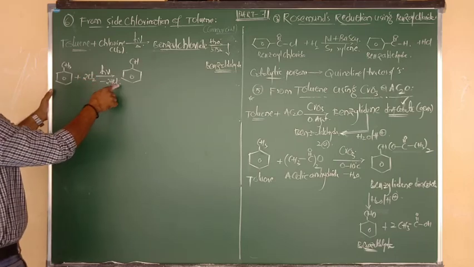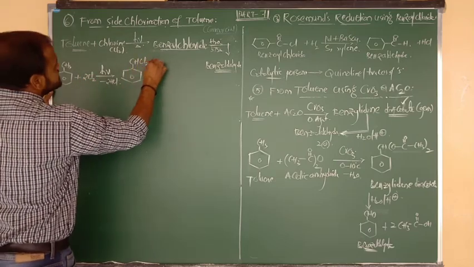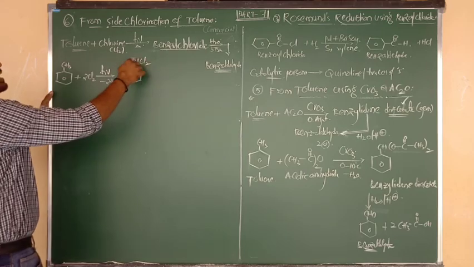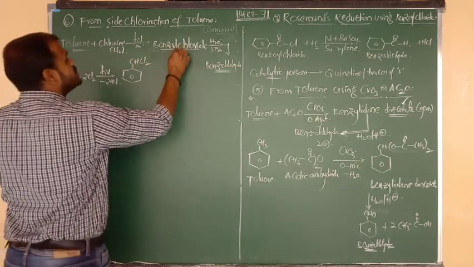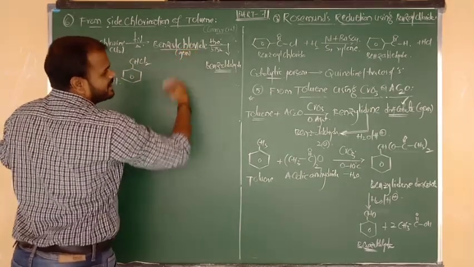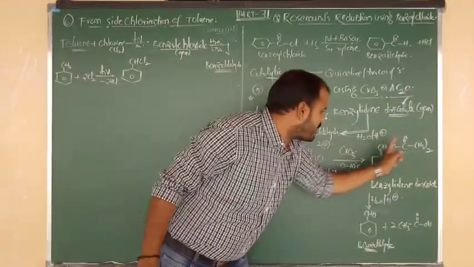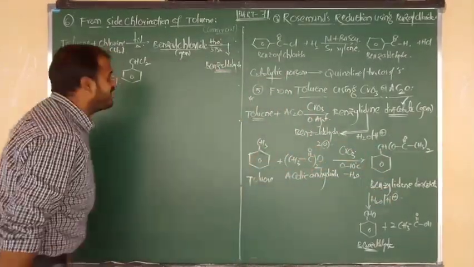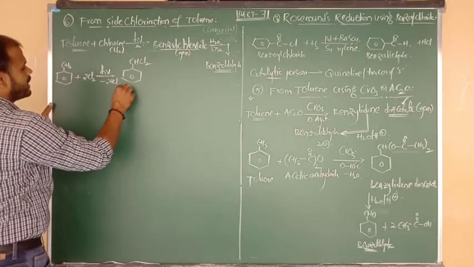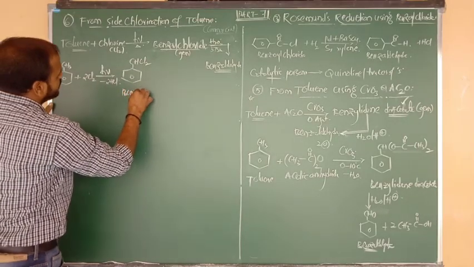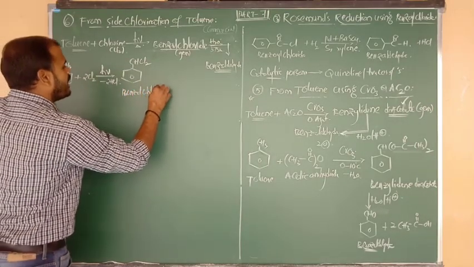Remaining 2 Cl of the 4 Cl: 2 Cl are eliminated, and the remaining 2 Cl are there. 2 Cl present upon 1 carbon. Again here also you are getting the gem intermediate. There, 2 acetate upon 1 carbon. It is also a gem intermediate. Here also a gem intermediate. But the name of this compound is called benzyl chloride.